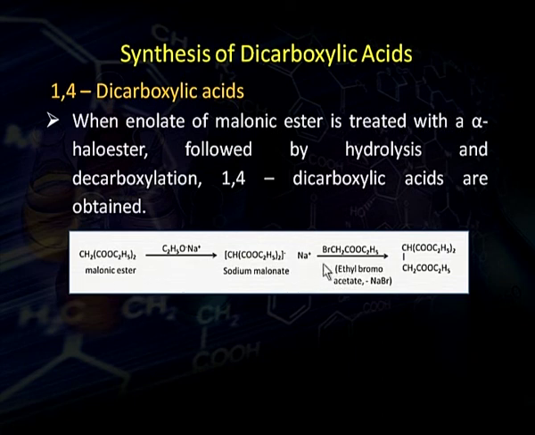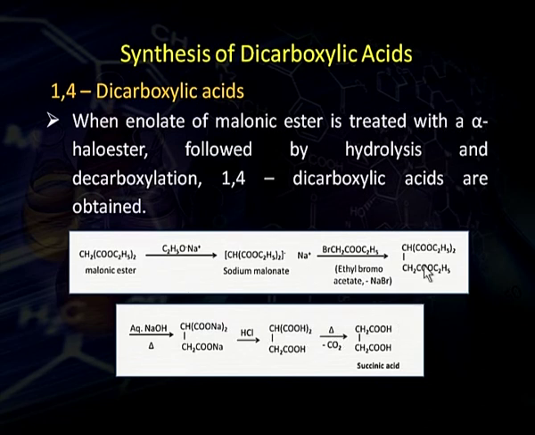This sodium malonate upon treatment with alpha bromo ester, NaBr is removed and this alpha bromo ester, ethyl bromoacetate, is substituted. It is converted into triester, and this triester upon hydrolysis with sodium hydroxide produces sodium salt of